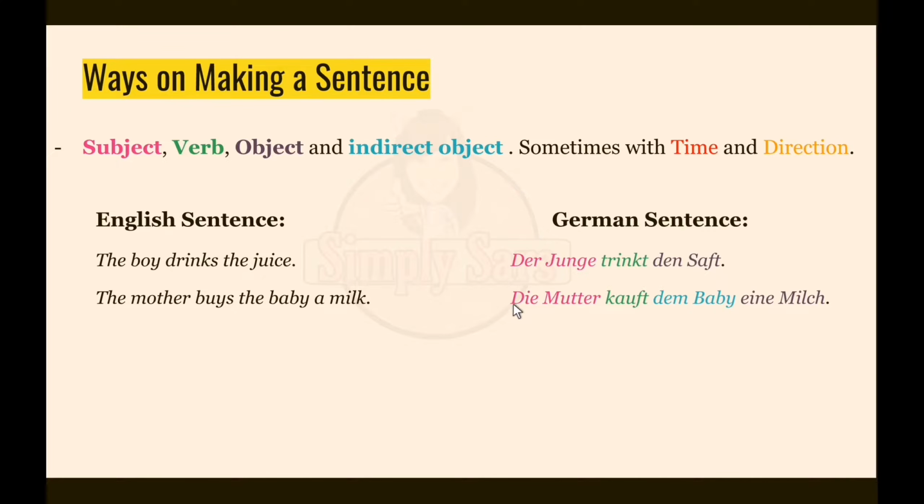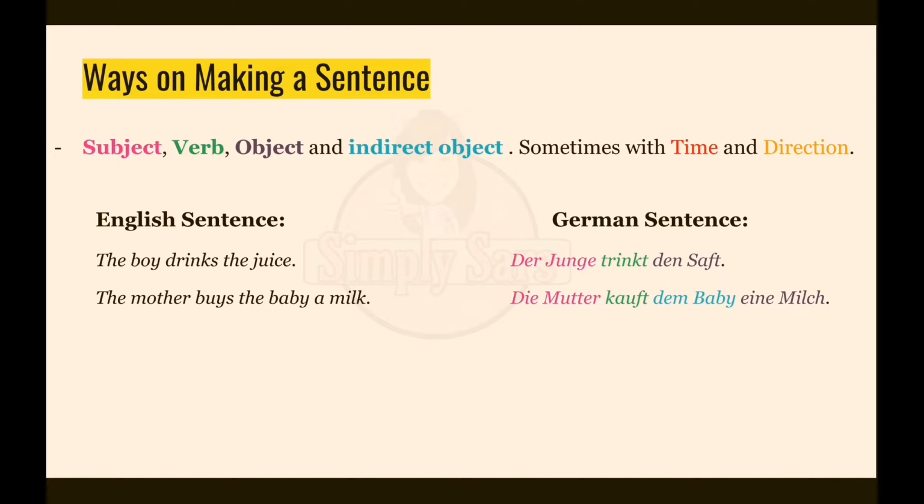So, die Mutter is our subject. Verb is from the word kaufen, kauft, conjugated. And then, dem baby is our indirect object. Alam niyo naman kung ba't naging dem yan. It's because of the das baby. The dative form of das baby is your dem baby. And the eine Milch. Okay, so ngayon, kung hindi mo pa rin alam kung paano i-identify ang dative and accusative sa isang sentence,